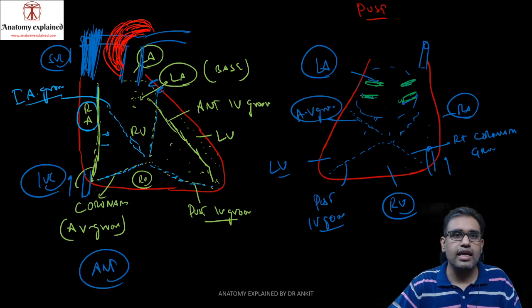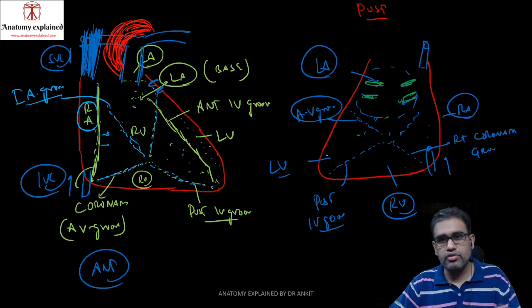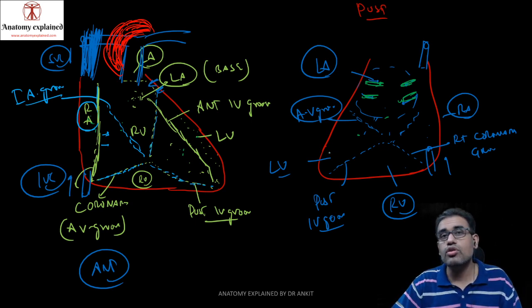So this is actually telling us all those rules, that the right sided chambers are anterior to the left. You can see RV is more or less anterior to LV comparatively. RA is more or less anterior to LA. Then the atria are to the right of their respective ventricles. So RA is to the right of RV. LA is slightly to the right of LV. So if you understand the basic rules, then you can understand how these various chambers are located inside. These are the various grooves.